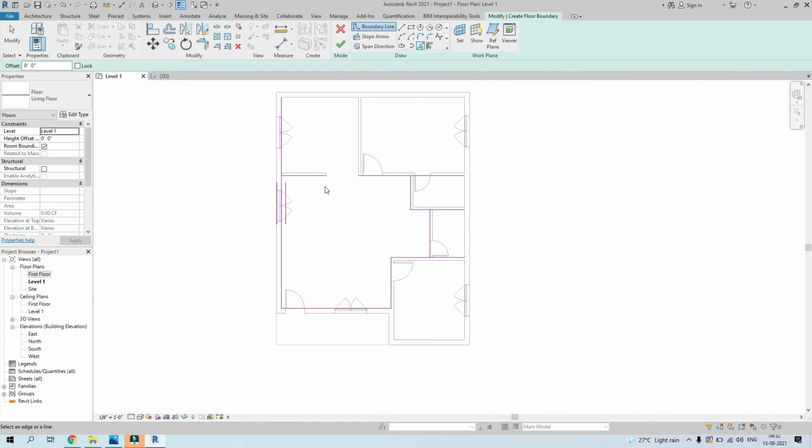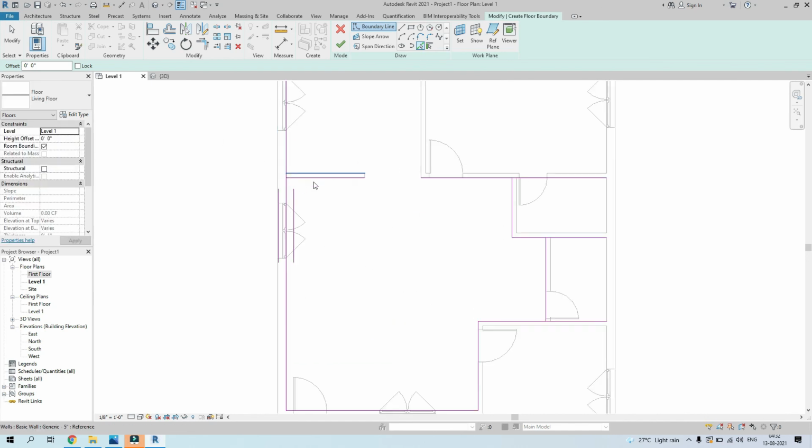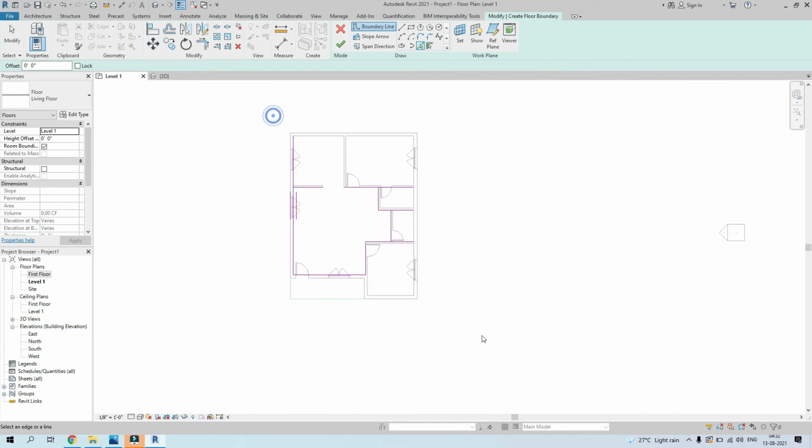Okay, as you can see, it's a little messed up. It has picked the entire line. If you don't want to do this and then later trim and extend it, you can just manually draw everything